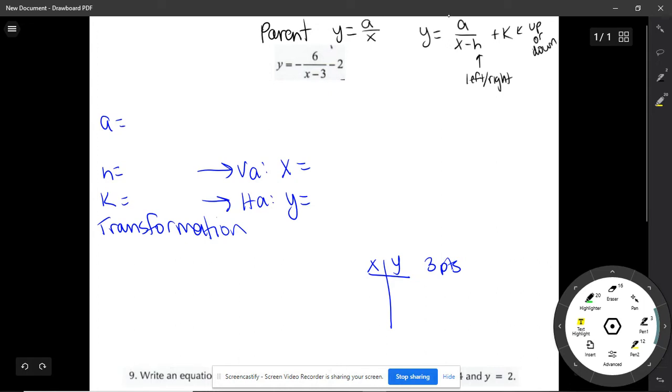All right, so if we look at this originally, we notice here, okay, I see A. We need to identify our transformation. So in order to identify transformations, we gotta see, oh, here's a 6. The parent function is not going to have an A at the top, it's gonna have a 1. That is my parent function. So we know that 6 is definitely bigger than 1. So I know it's going to be a stretch. So we have a vertical stretch